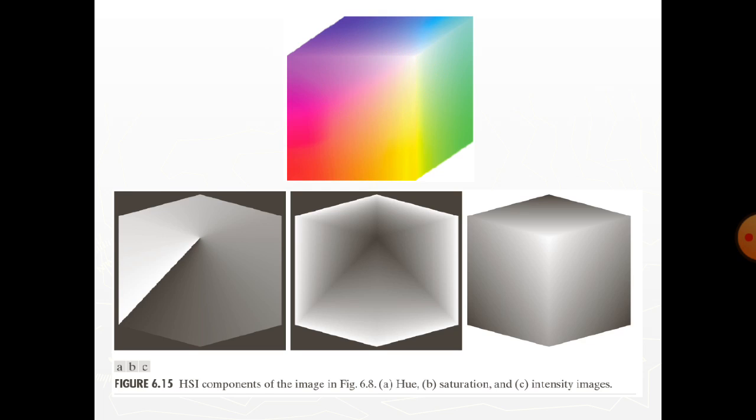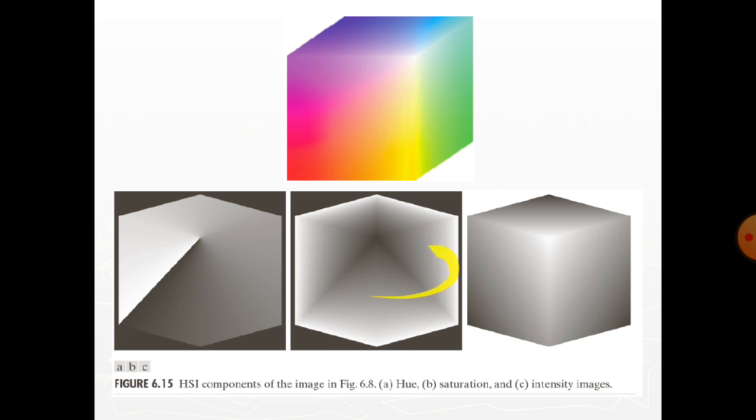To understand the reason for this discontinuity, draw a line from the red to white vertices of the cube and select a point in the middle of the line. Starting at that point, draw a path to the right and follow the cube around until you return to the starting point. The values of hue along this path should increase from 0 degrees to 360 degrees. That's why this figure looks like this, because the lowest value is represented as black and the highest value as white in the grayscale.